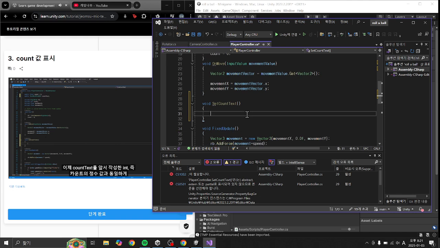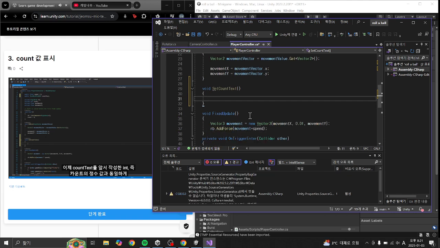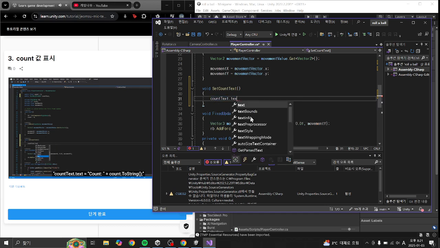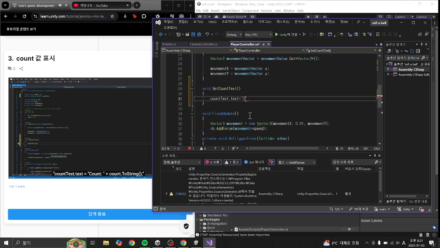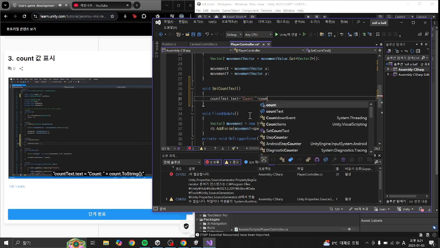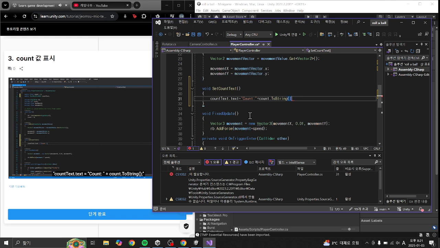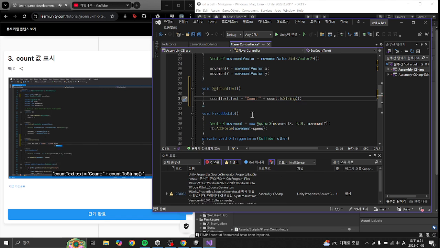You can now set the count text equal to the int or whole number value of count. To do this, write countText.text equals quotation mark Count colon quotation mark plus count.ToString, open and closed brackets,